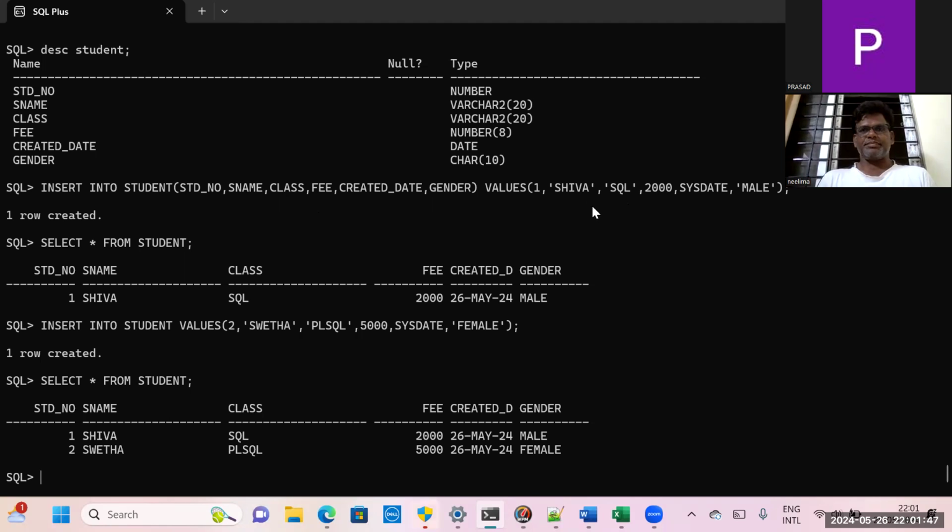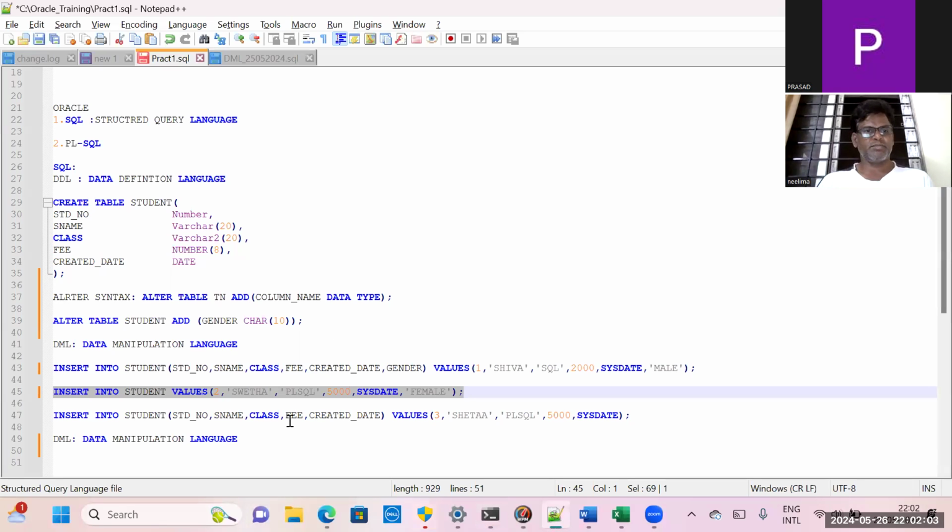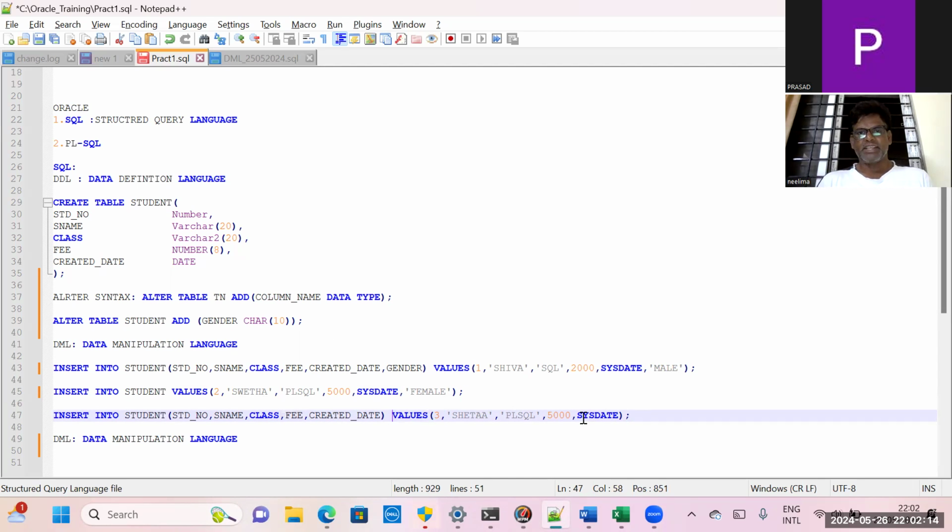So if you are not specifying the column names, then you have to give all the values of the table, for all the columns we have. That is the main thing you have to remember. Suppose, for example, here I am specifying only, see what I will do here. Now gender came, right? Now gender came. So what I am doing,